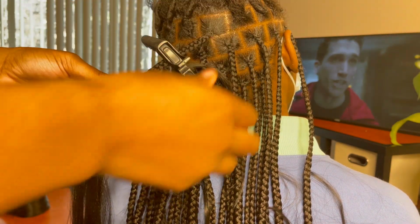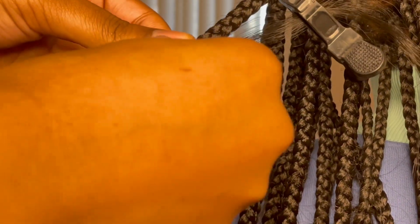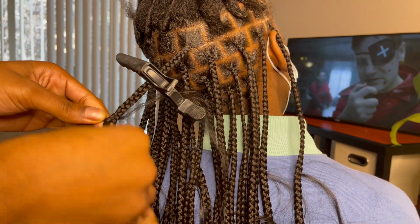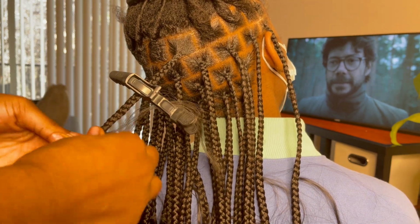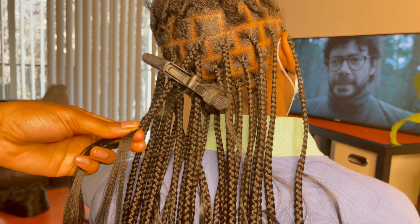So I clip it up. And then whichever hair is in the back, I add it to that and I continue braiding. And I do that whenever I add in more hair, and you'll also see me add hair at the end. I use gel to smooth it out because you are adding more hair to your braid, and it's going to